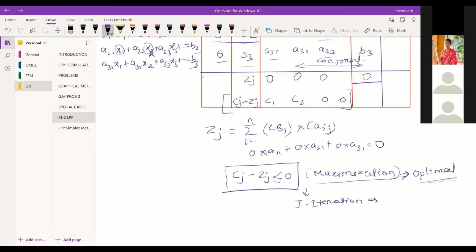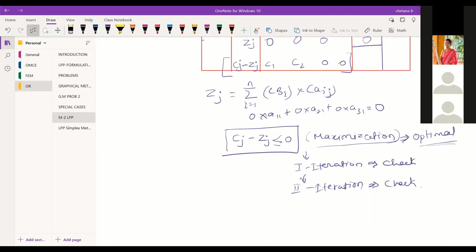Again check. If you are getting all zeros and negatives, stop there. If not, then go for the second iteration. Then check. Similarly, you need to repeat these iterations till you get this form for the maximization.